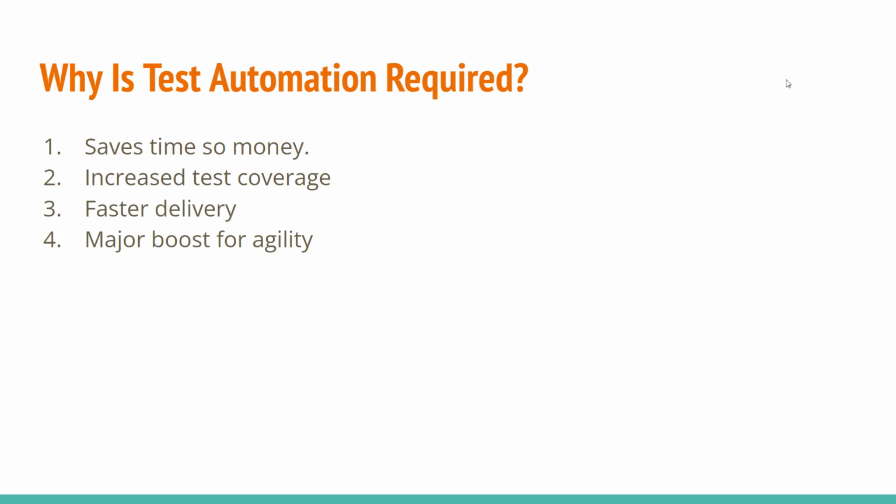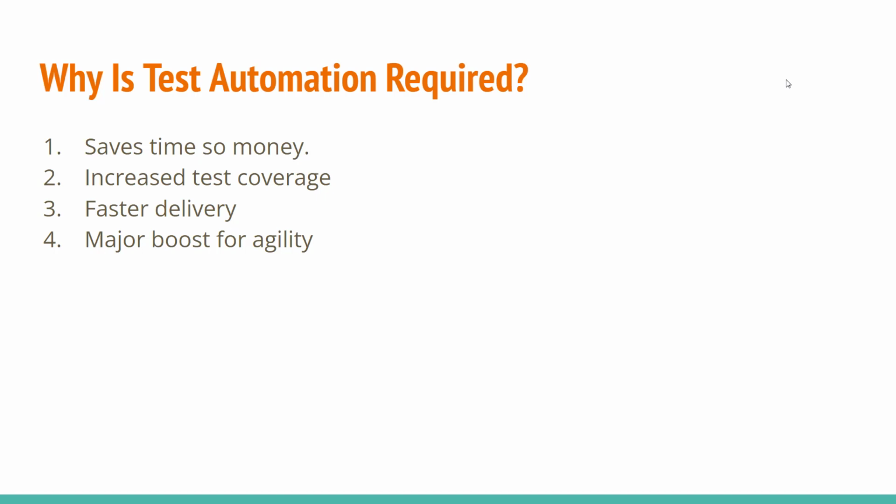But suppose somehow we manage to automate those 100 test scenarios. Let's say 80%, because 100% test automation is context based. But if you manage to automate even 80% of test cases, then you are going to save the time to execute those 80% test cases manually. So obviously you are going to save time, and money will be saved because it will require fewer resources, and you can deliver the product sooner. So that is the basic reason why we require test automation.